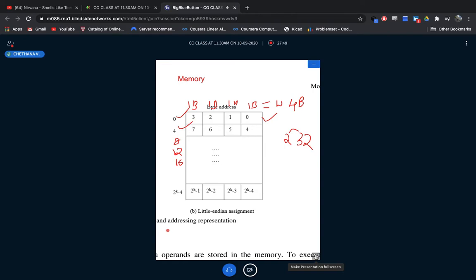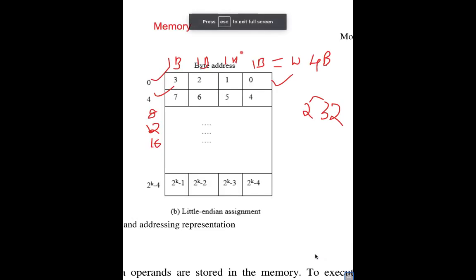Now come to the very important topic here. See, first is 0, 1, 2. The first byte will be in the least significant byte, right? So that means I can say this is the rightmost location. At the rightmost location, I'm going to store the first byte. Then the next location is the previous one. Like that, at the rightmost location, I'm going to get the least significant byte of data. Then we will say this is Little Endian.